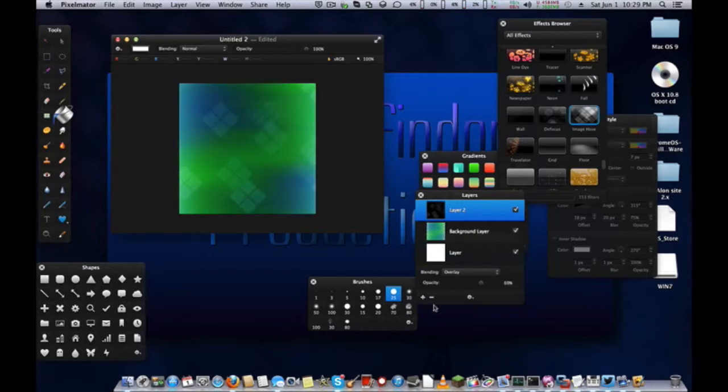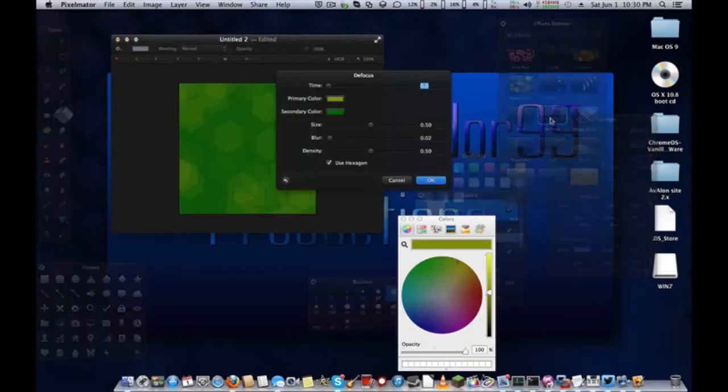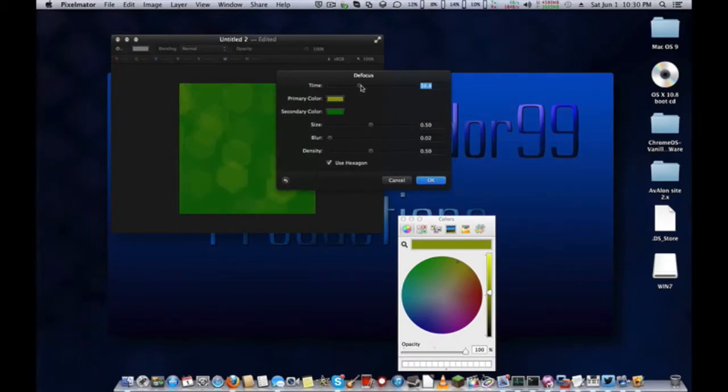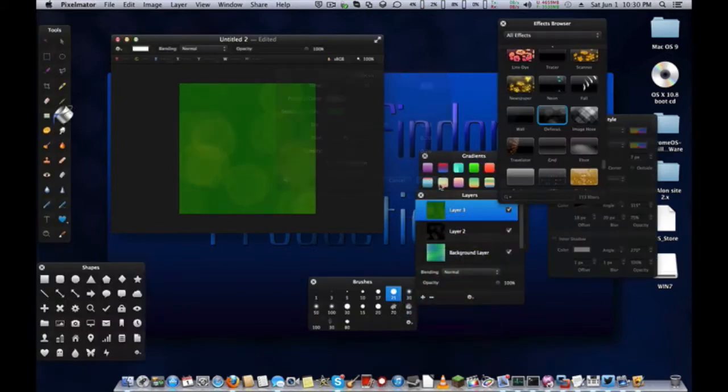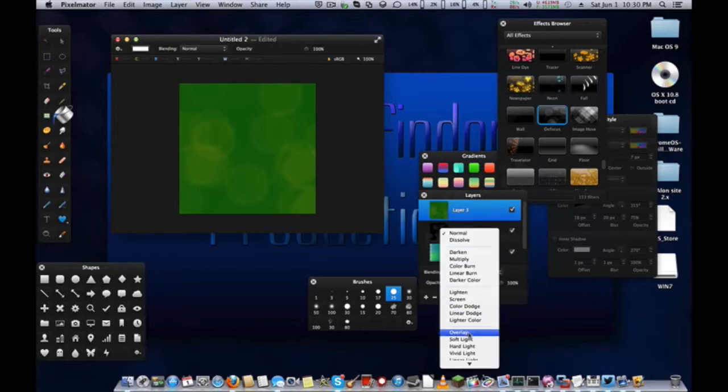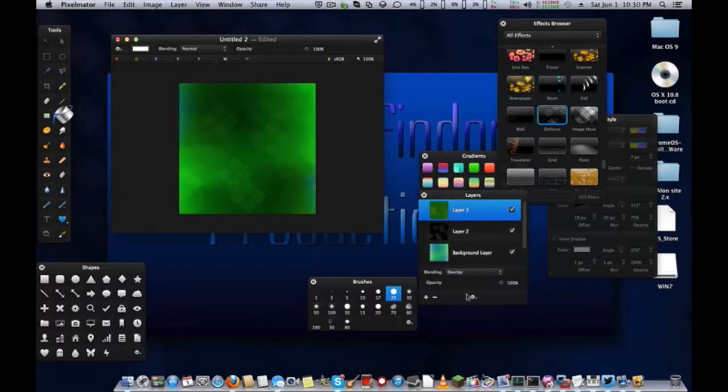Create another layer. Then you can do defocus. You just double click on it. I'm going to do time, whatever time I want. I'm going to do a little tiny blur there. But then size is like density. I'm going to make less. I'm going to do circles. Then I do this one. I want to set it to overlay again. Now you got a nice,